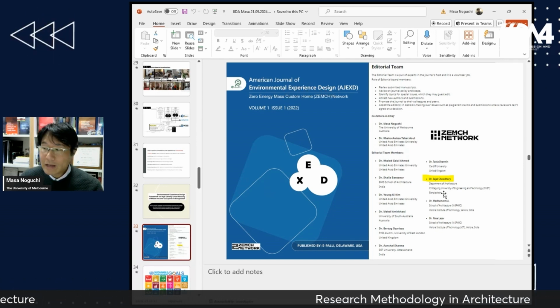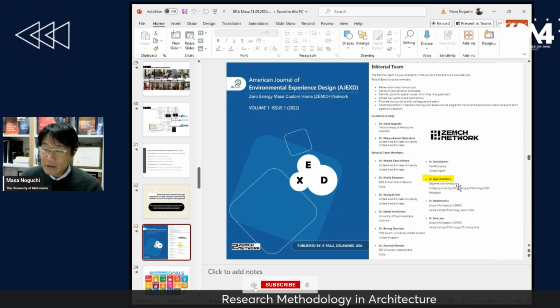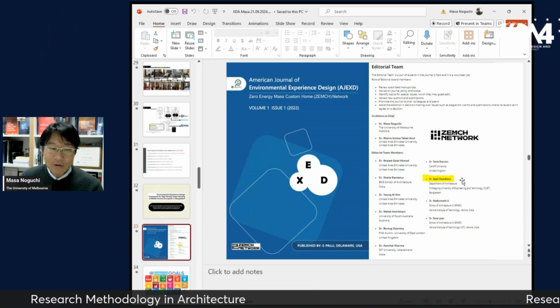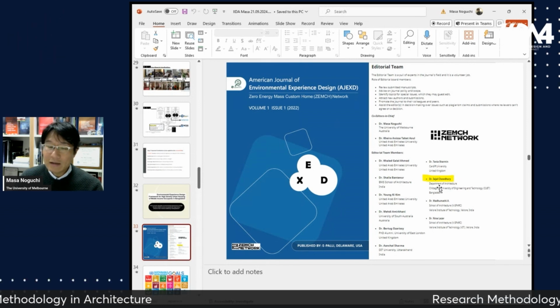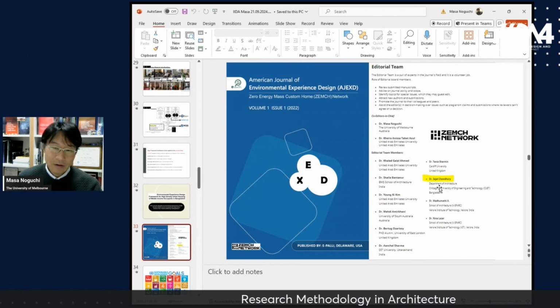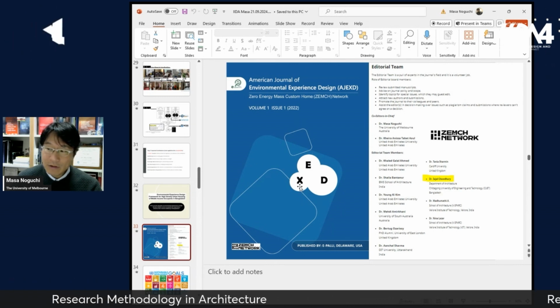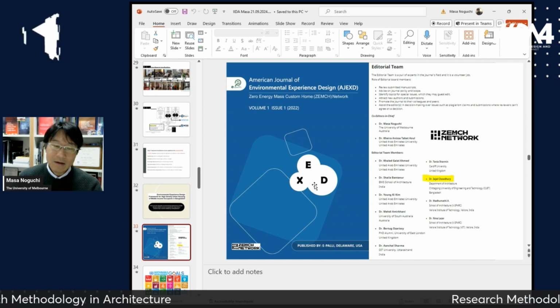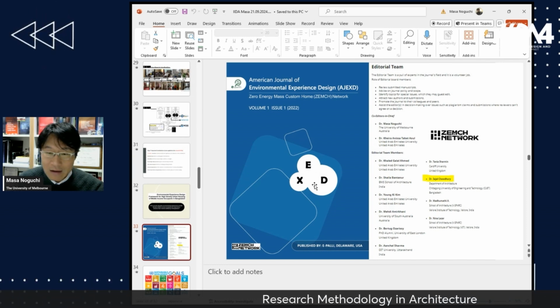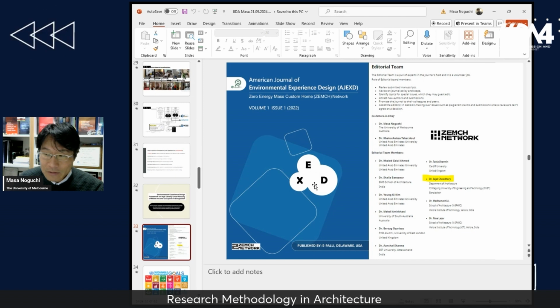And Sajal is one of the key editorial board members, and even today contributes to EXD, environmental experience design, knowledge generation, accumulation, and